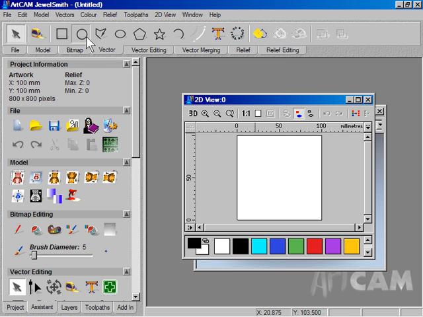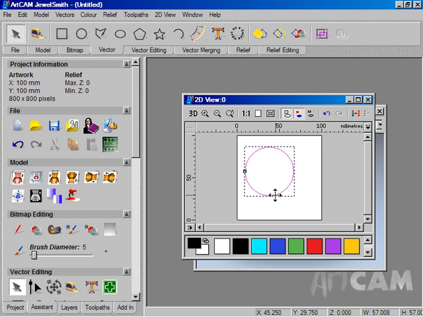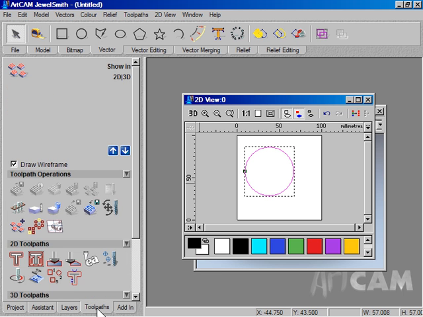Similarly, we're just going to define a vector. And again, the vector doesn't matter. What we'll use this vector for is to create a toolpath which is linked to a vector region only. When the wizard starts, it will replace our dummy vector with the ones created by the wizard, but it's required for creating the toolpath. So I've created a new file, dropped a vector in place, and now I just go to the toolpaths page,